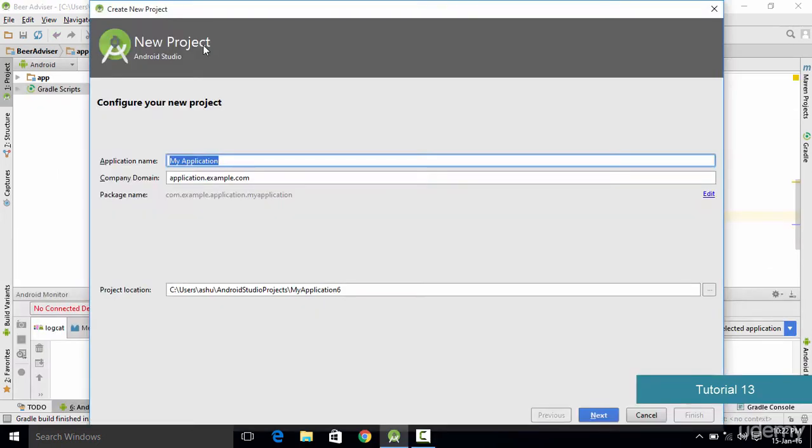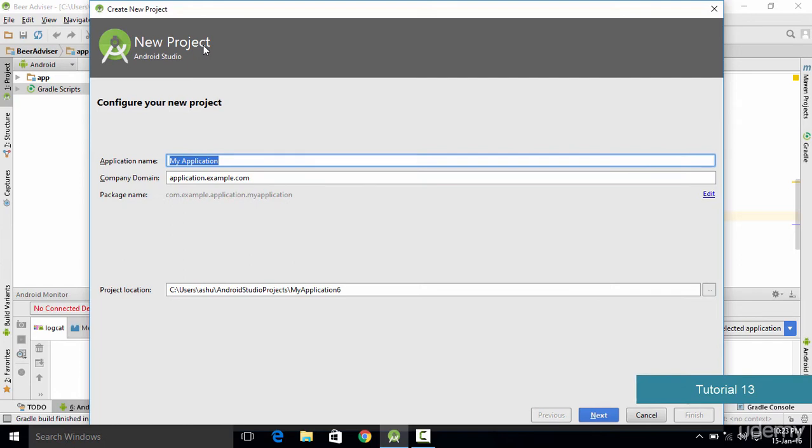Hello and welcome to this tutorial, and in this tutorial we'll be learning how you can design the user interface of your Android application by using Java code. Now in the previous tutorials we have already learned methods for creating the user interface. The first method which we studied is directly dragging and dropping elements onto the user interface, and the next method was by using the XML code.